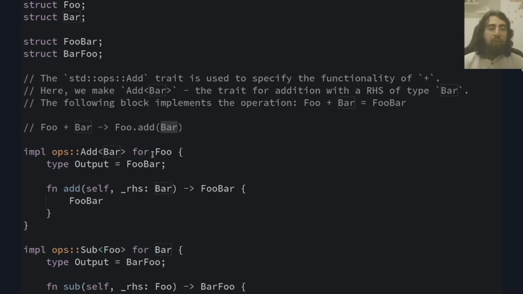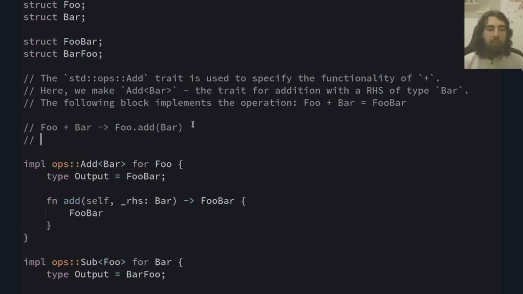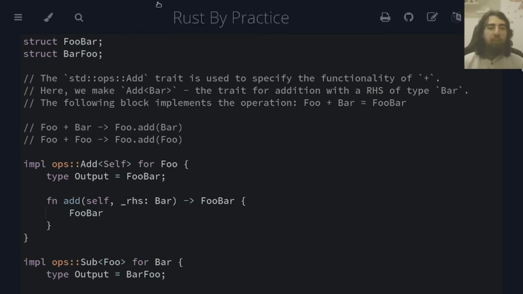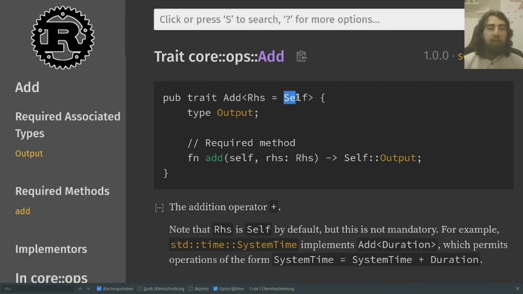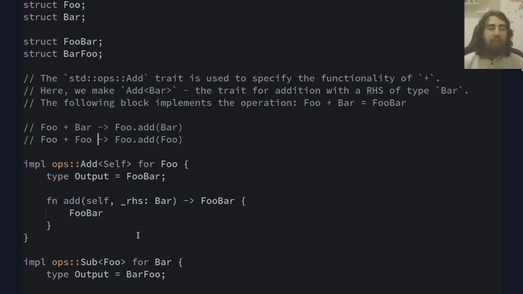Now, if we wanted to add, for example, Foo plus Foo, then we could omit that, because you have seen that the default is Self, right? So the default right hand side would be Self, as you can see. So we can omit that,